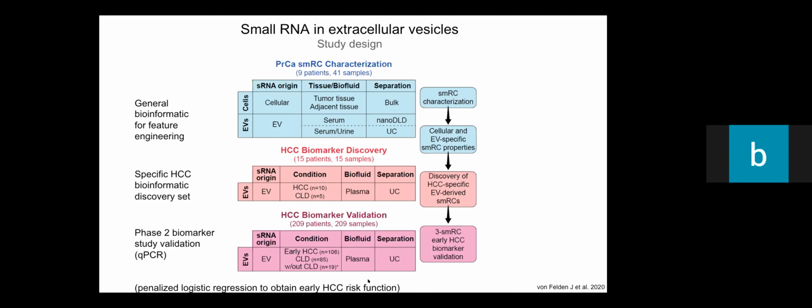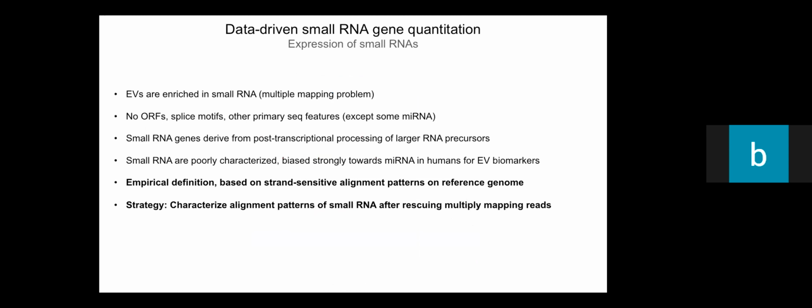So really the main outcome of these informatics studies was that essentially these informatic properties would allow us to sensitively characterize EV-specific small RNA clusters. And what we found was that they emanated largely from unannotated loci in the genome. So this prompted us to take a different approach to analyzing our data. And it's worth taking a closer look at the biological rationale for this. Essentially,